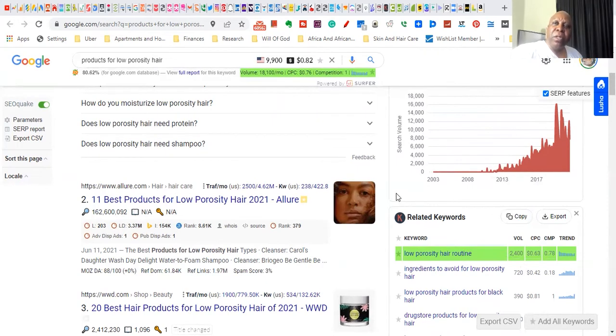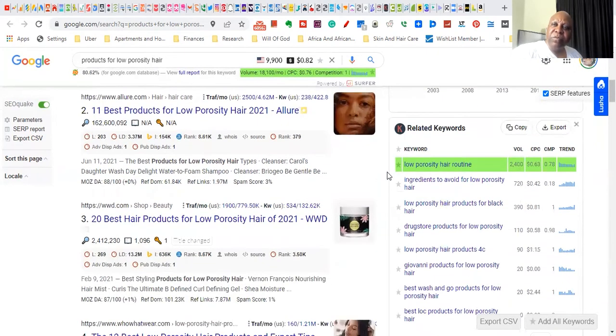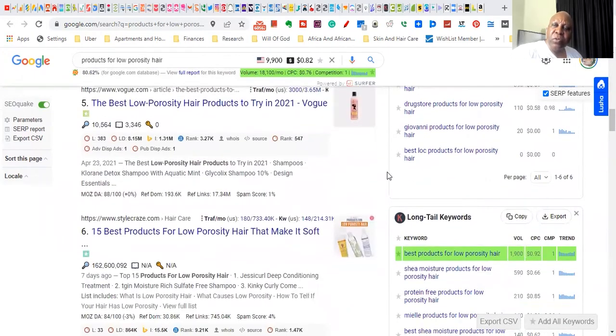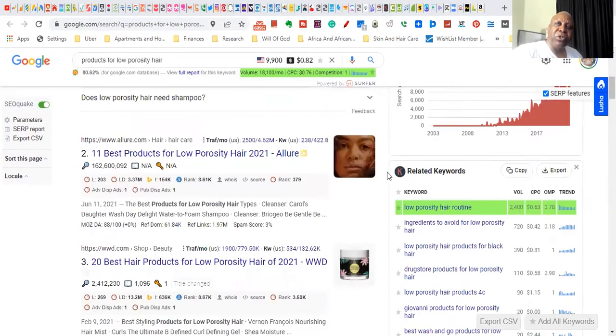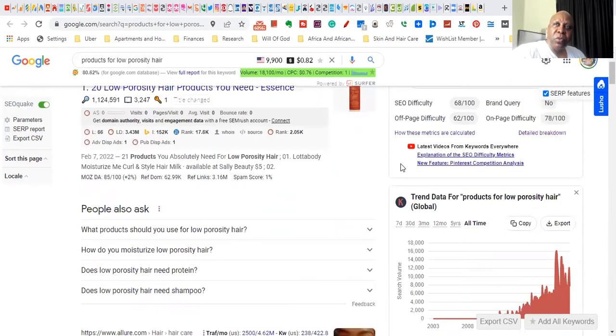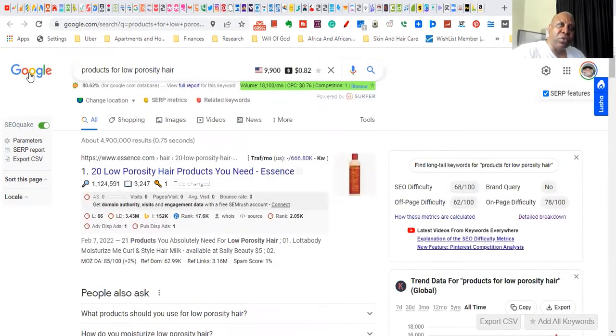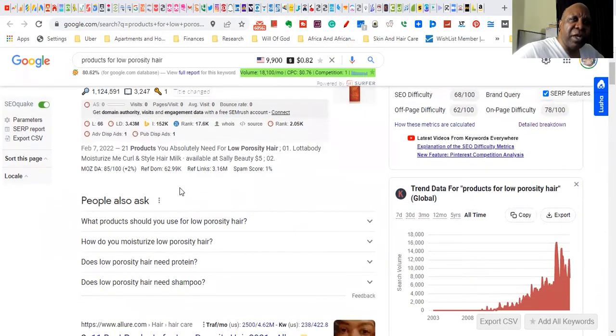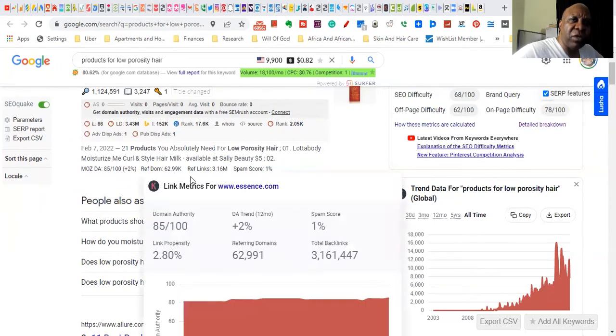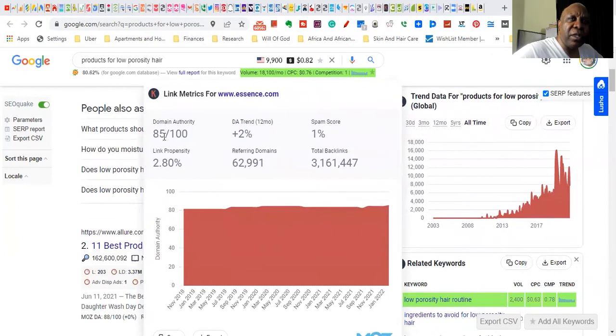Now, is this enough information for me to decide to use this keyword phrase? No. I'm going to show you something even more powerful, which is also built into this tool, Keywords Everywhere, right in the browser on Google search results, that lets me decide whether or not I want to go after this. And that's this information right here. You see the string of information at the bottom: reference domain, reference links. If you click on it, you get the domain authority,